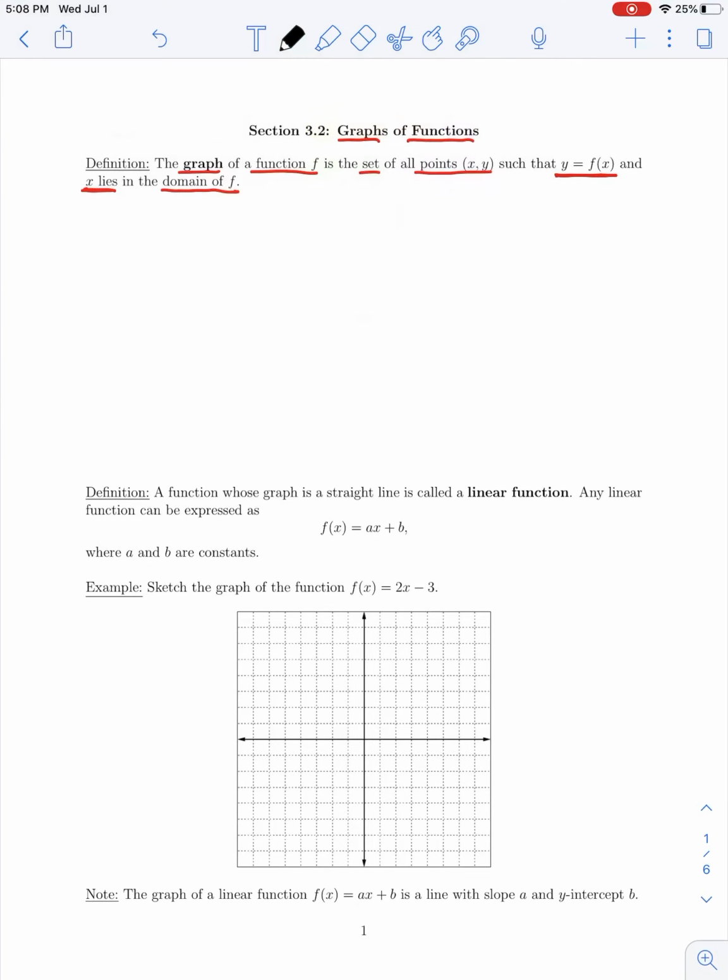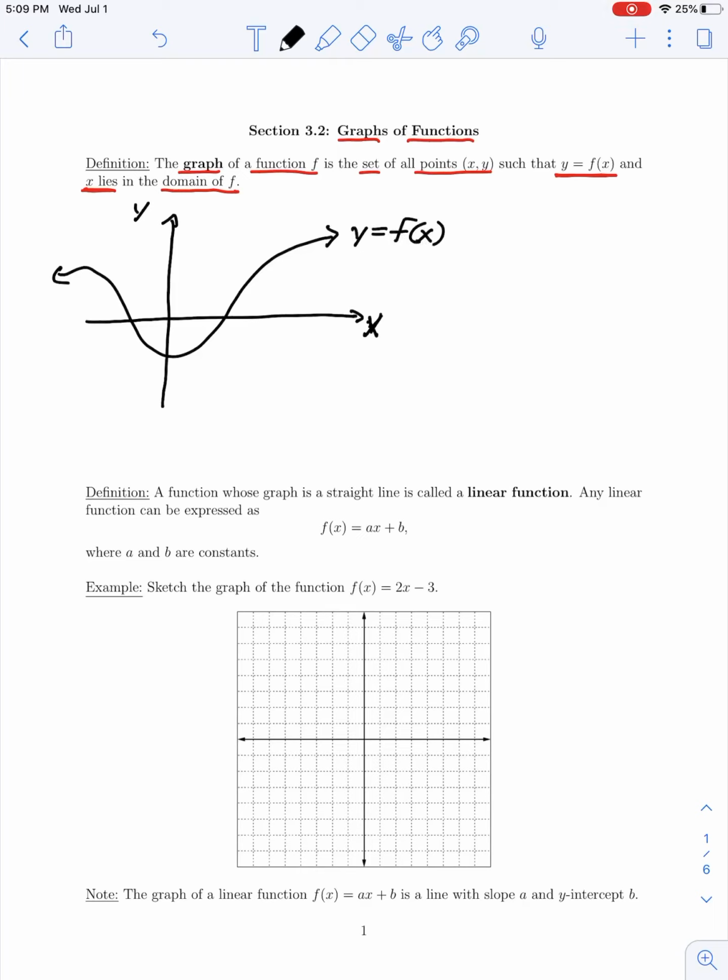So geometrically, we're looking at a collection of points in the xy plane. And the graph of a function is usually some curve, which we would say is the curve y equals f of x. And for any point on our curve,